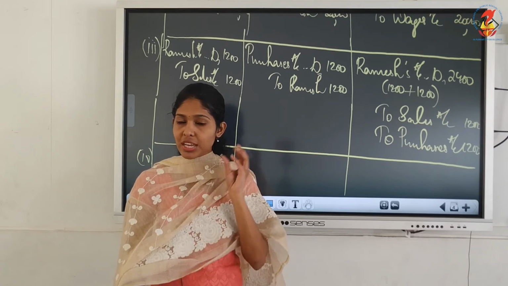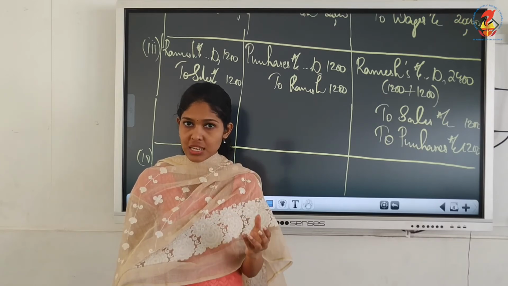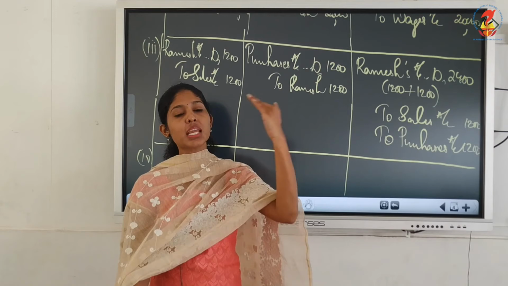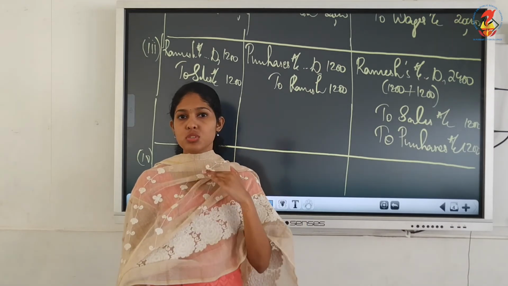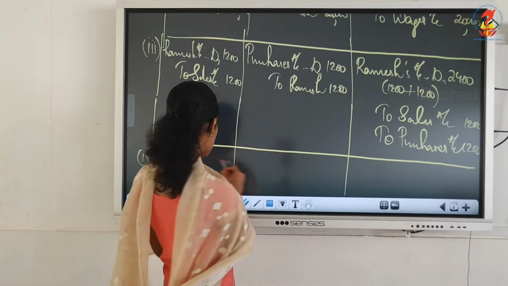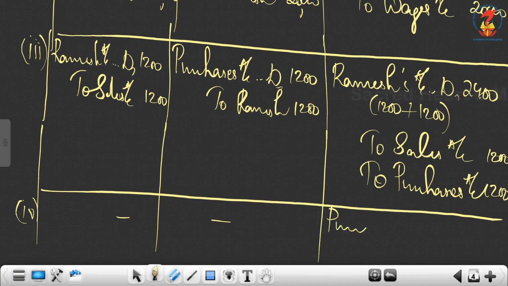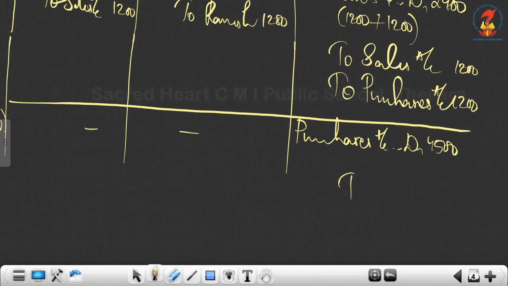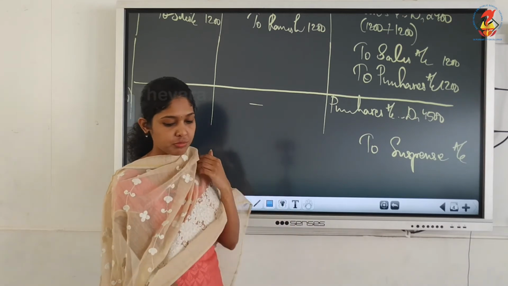How will you rectify the shortage? Should we cancel anything? No. We have to increase purchases account. So we will debit it again. So there is no correct entry and wrong entry. We will debit purchases again. With how much we have to debit? With the difference. 500 we debited. We have to make it to 5,000. That means with the difference for 500 we will